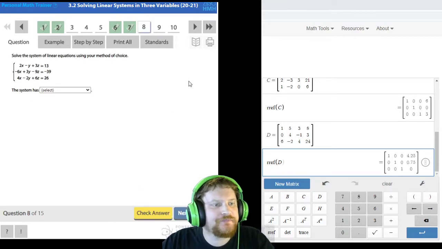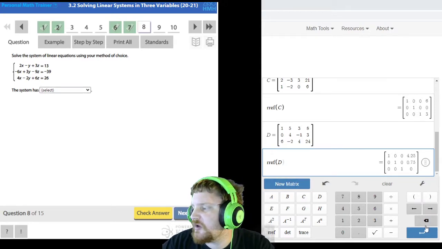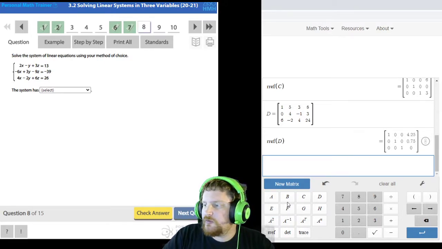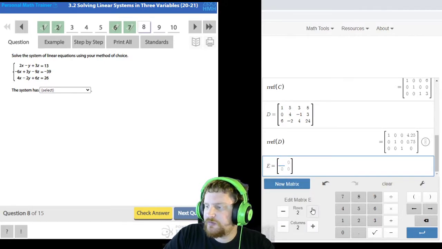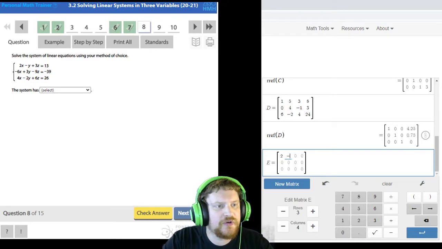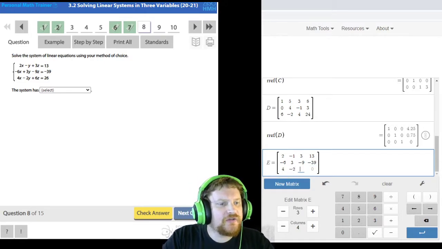Number 8. This is the exact same thing, except this one is going to have an awkward number of solutions. So let's go ahead and do this one so we can get an example of that. So new matrix, 3 rows, 4 columns: 2, negative 1, 3, 13, negative 6, 3, negative 9, negative 39, and 4, negative 2, 6,